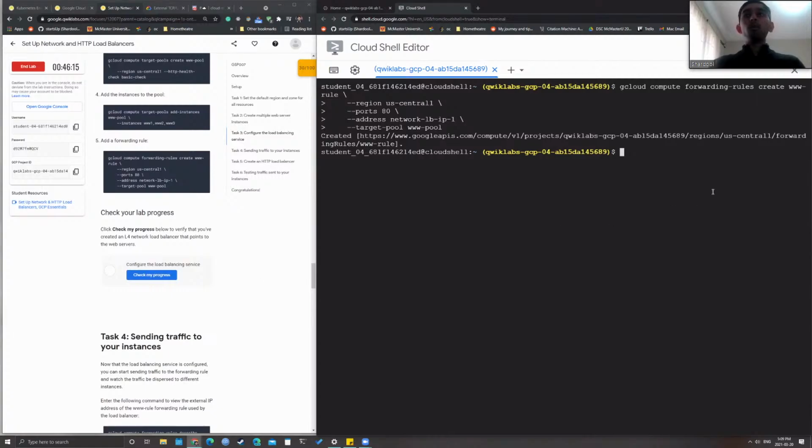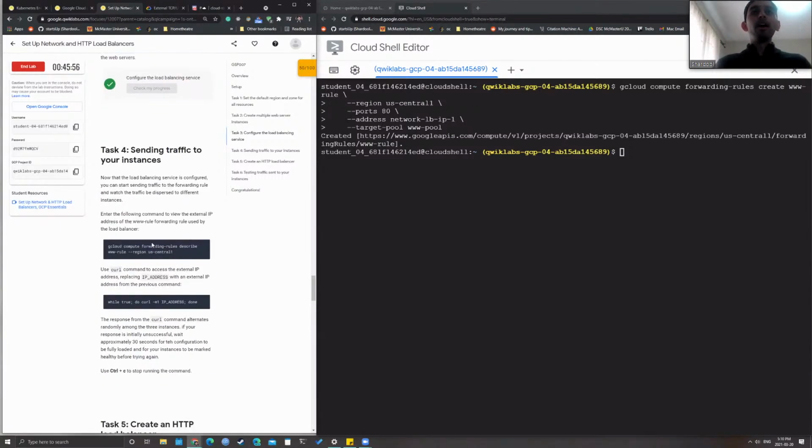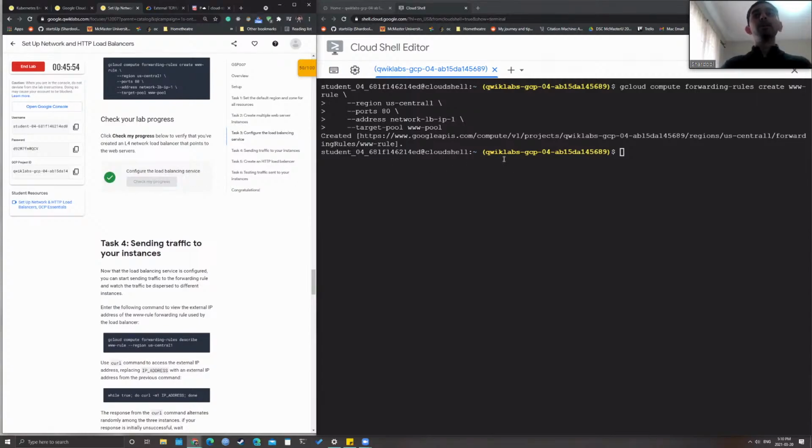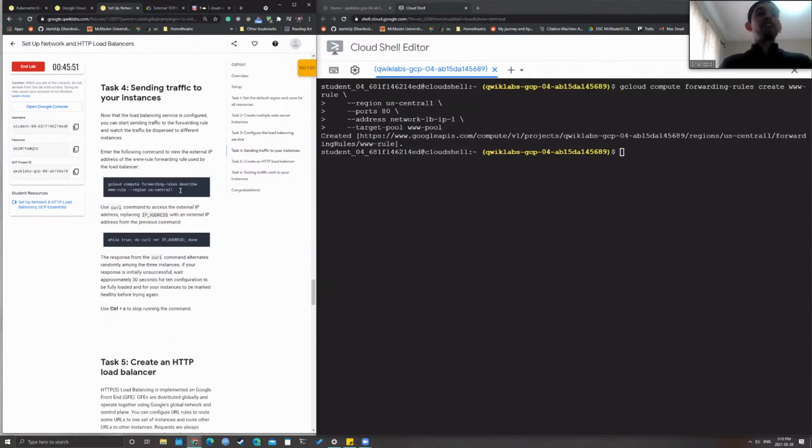Right. So once you have that forwarding rule created, it is going to take a bit of time to propagate that throughout your virtual machine and Google Cloud. So if you click this right after you run this command, it might work. But since I ran this a couple seconds ago, it has recognized that my load balancer is up and running. And now to quickly verify that our load balancer actually works,